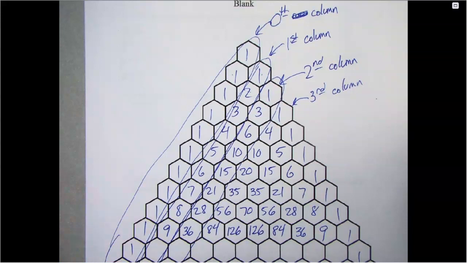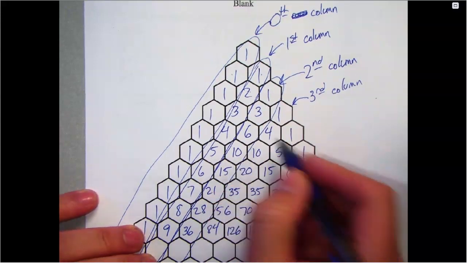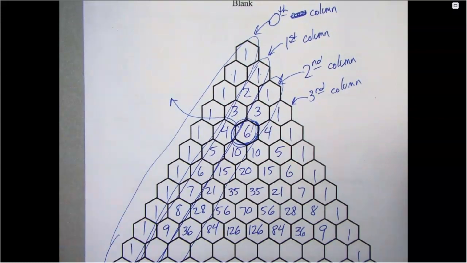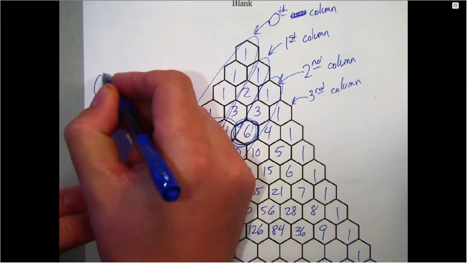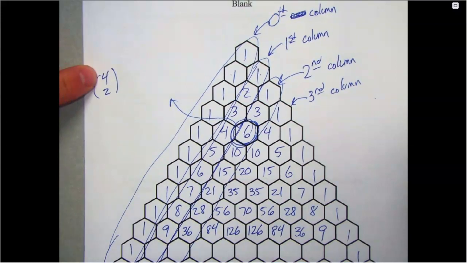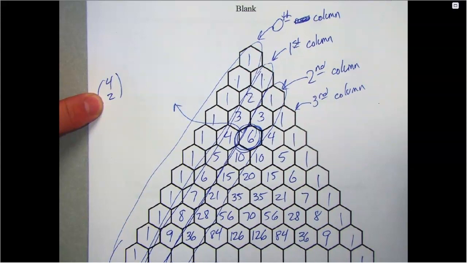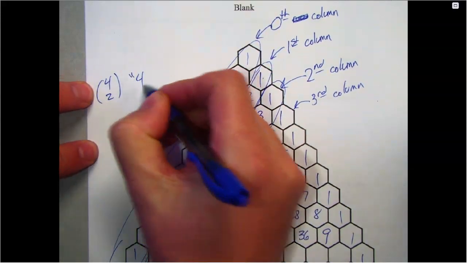Okay, so let's say I just start looking at a number in there, and we're going to talk about what it means. I'm going to choose this 6. We're going to go off to the side and talk about that 6. So that 6, you can notate it. I want you to know how to notate it, how to say it, how to find it, and what it means. So to notate it, it would be 4. You put a parentheses and you put 4 on the top and 2 on the bottom. It's like a fraction, but you don't put the fraction bar on. What that means is 4